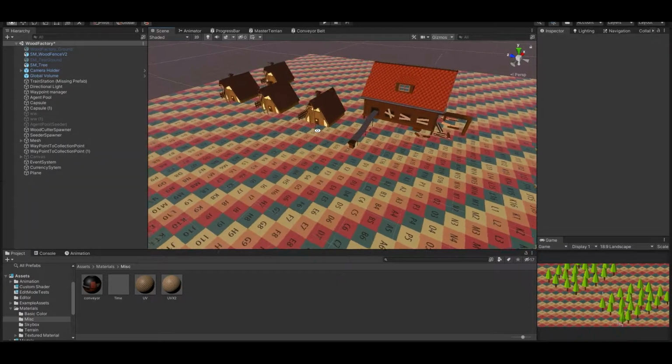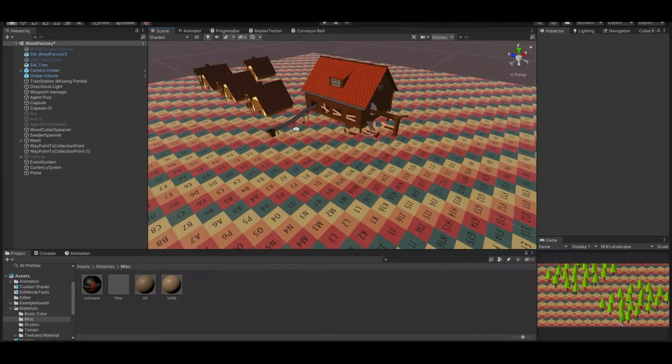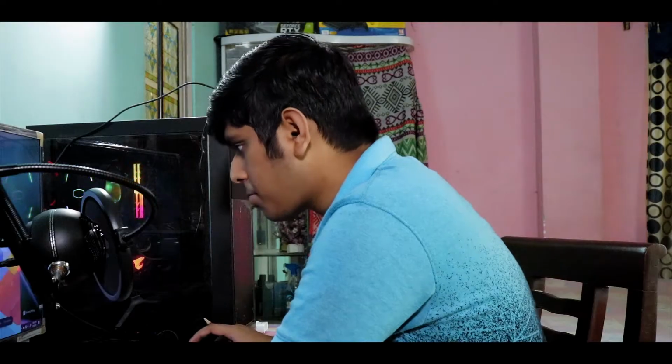So in this devlog, we are mostly going to focus on visual changes because, honestly, where we left off before, it looks okay. The first thing I want to change here is the ground. This checker texture we have been using for so long now, and I think it is time we change it with something that looks really good. So first, I created a basic drawing of a map outline.